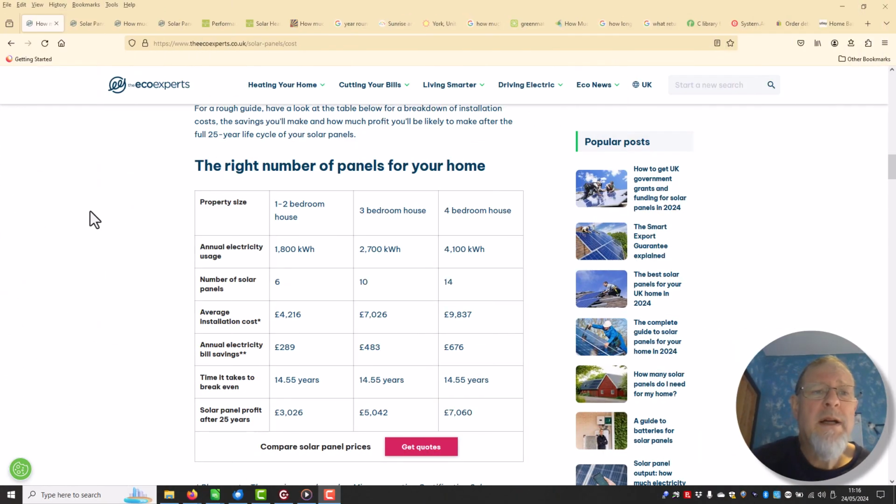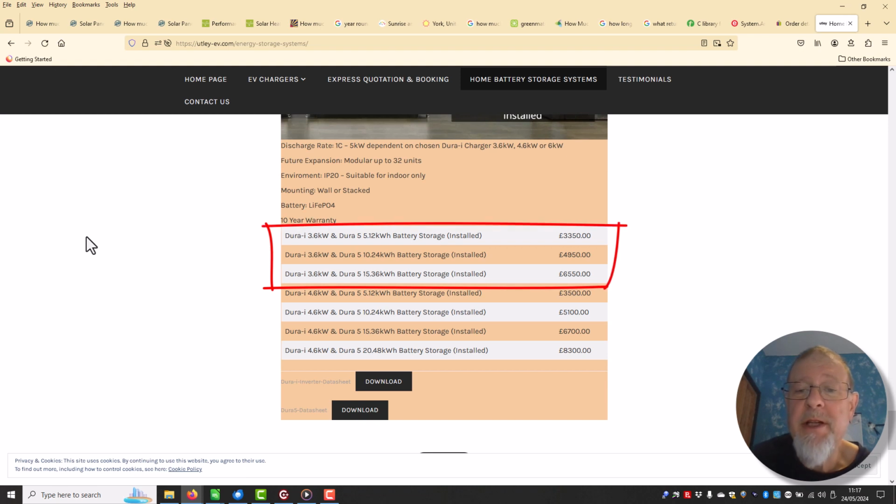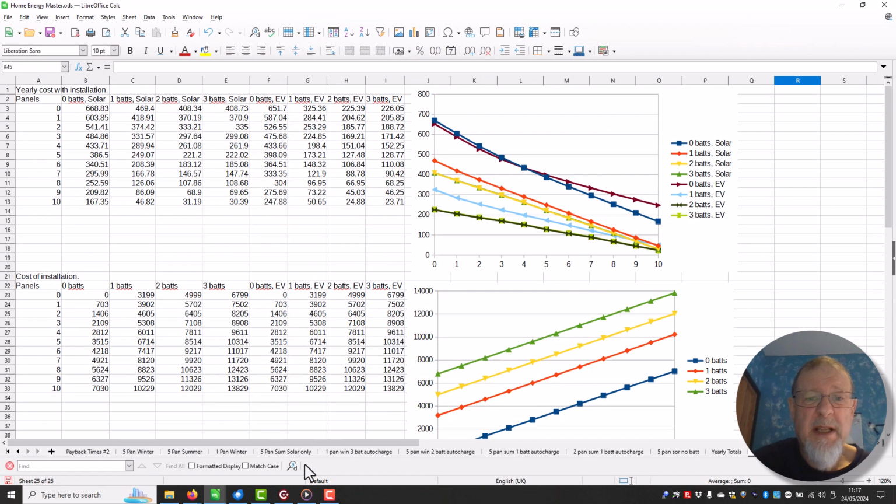So as in the last video, we're getting a cost for solar panels from this website, which comes out about £703 per panel. And I've taken battery costs from these people who installed our car charging unit and seem to be pretty reasonable, and these are the 3 we are using. So if we go into our numbers,